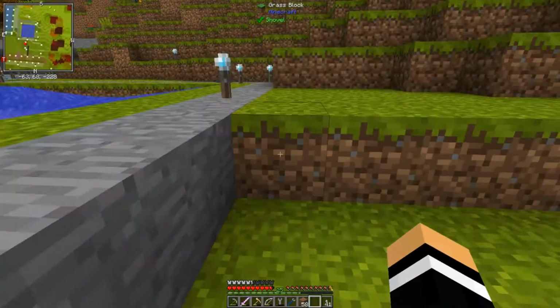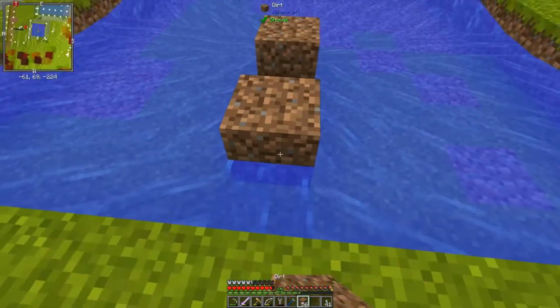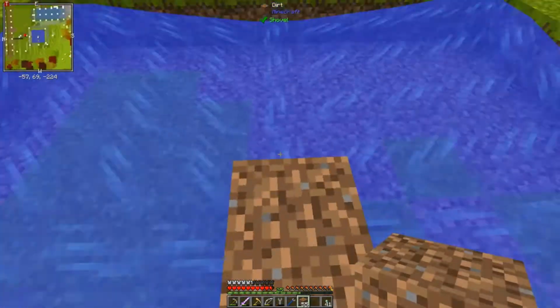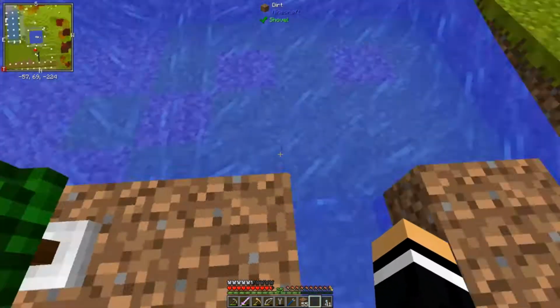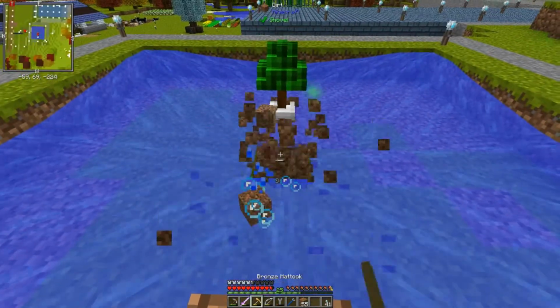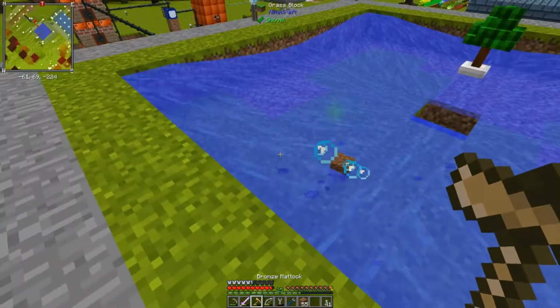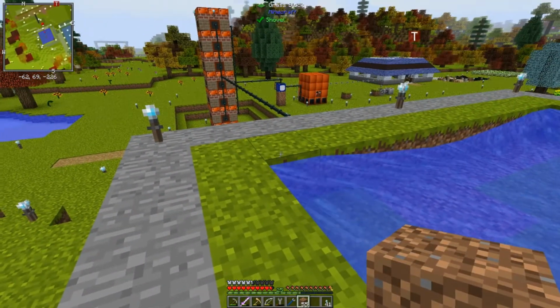So the tree beacon only works for trees that are planted afterwards. So if we throw that there, so there we go, tree beacon in place. Now what I'm going to probably try and do is